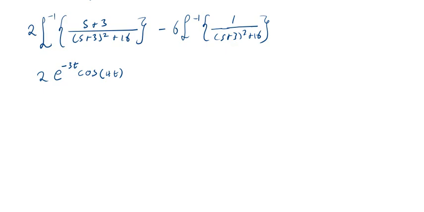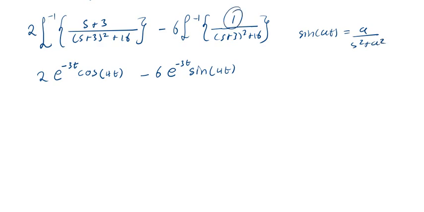Then what about this other part here? So I'll say minus 6 here. Then I'll say e to the, it's also the same, minus 3t. Then this appears to be a sine. It's a sine 4t as well. But there's a catch, right? Because when you're looking for the Laplace transform of sine, if you have sine 8t, you're going to get a over a squared plus what? Plus a squared. So it simply means on our numerator we're supposed to have a, and what is our a? Our a is 4 and it's missing. So the only way that this 4 that's supposed to be on the numerator might have cancelled out is if it was on the denominator, if it was like divide by 4 like this,